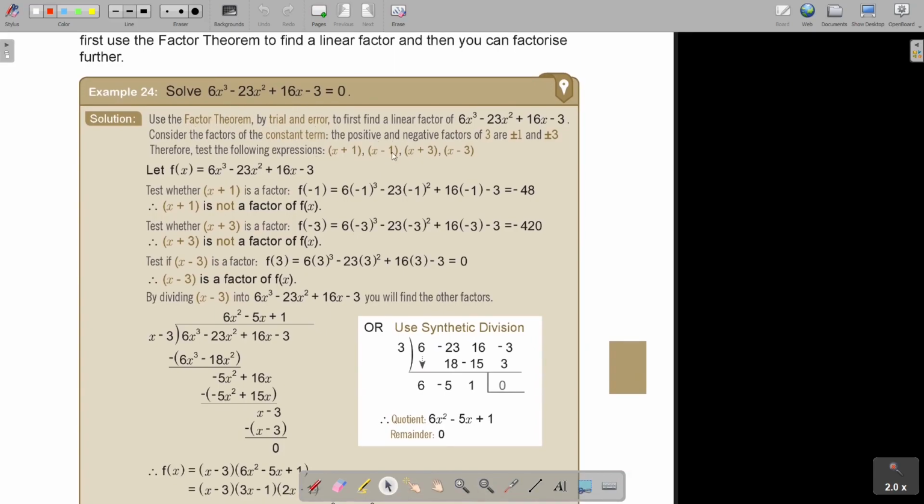You start. It's usually good to start with -1, +1, -2, +2, -3. Usually they look at the last term also. Therefore, the tester considers the factors of the constant term. That's why they were looking for 1 and 3 and -4. So if it was a 2, they will look for 1 and 2. Then you test until you get that the remainder is a 0. And then you say it's a factor. Then you do long division, or you can do the short division to find the quadratic expression.